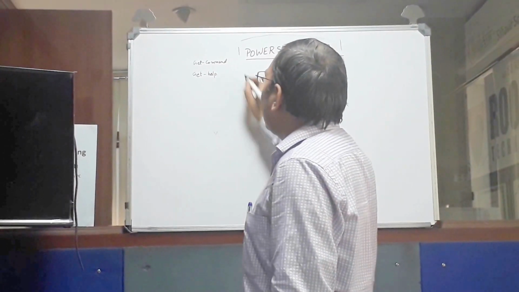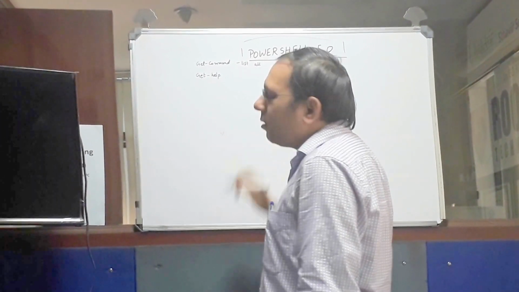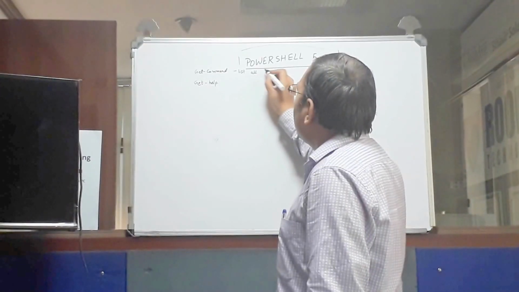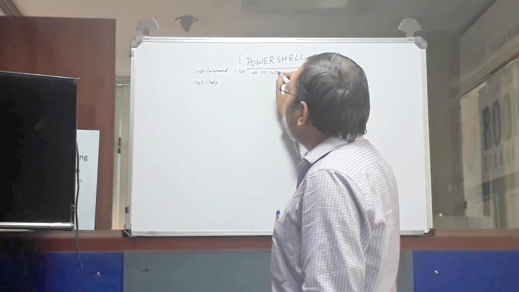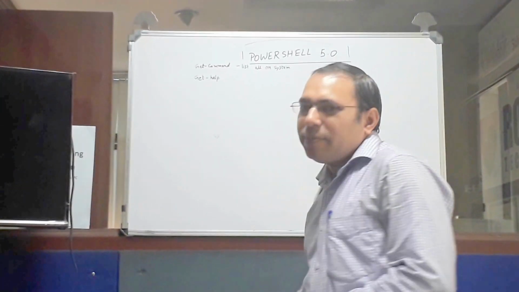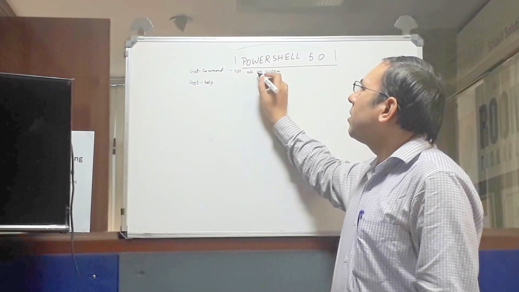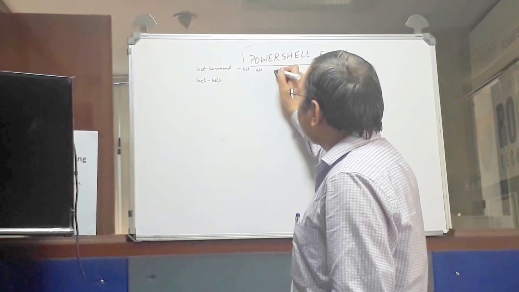Get-Command will list out all the commands which are present on your system. All commands on system. Here I am saying all commands on system, but be careful, because I did not mention the features of PowerShell. So I will clarify this part, what it means by all commands or cmdlets on the system.